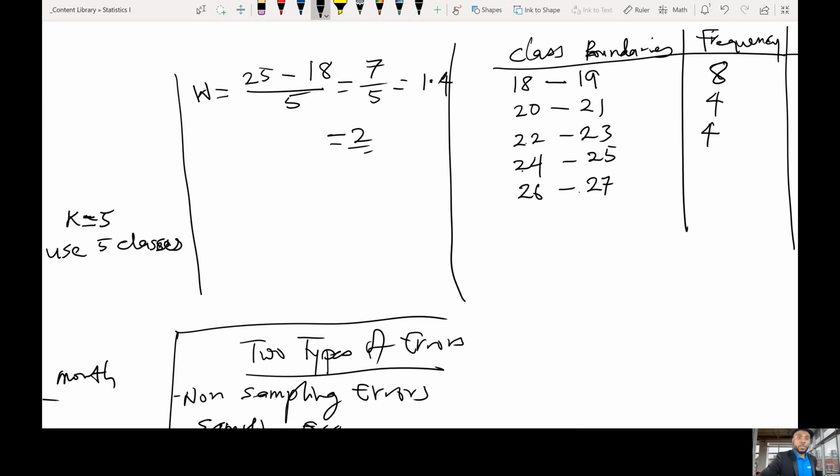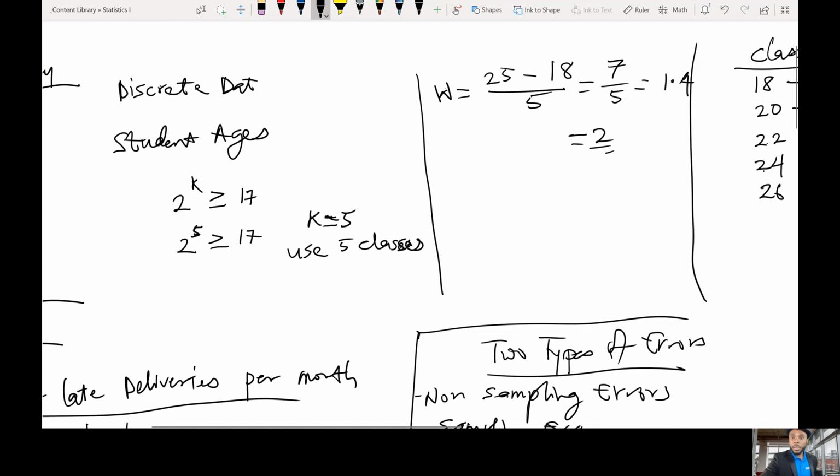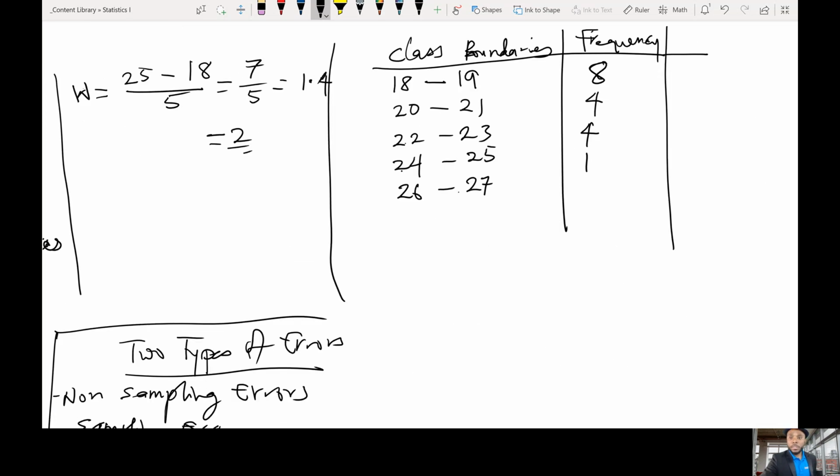And 24 to 25, it's just 1 right there. So we have 1. 26 to 27 is simply 0, so you can delete that out, or just leave it